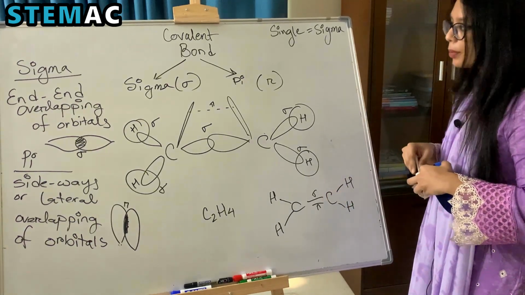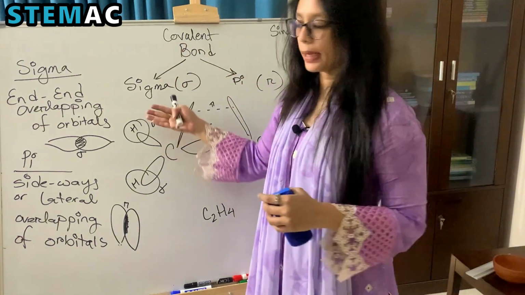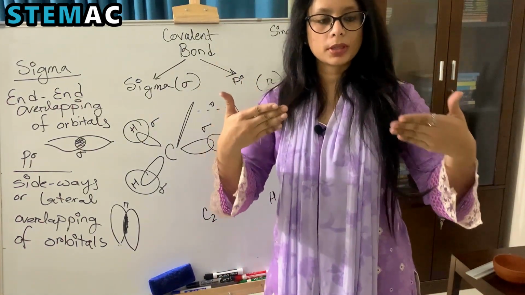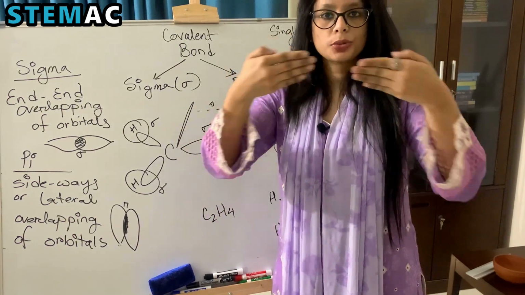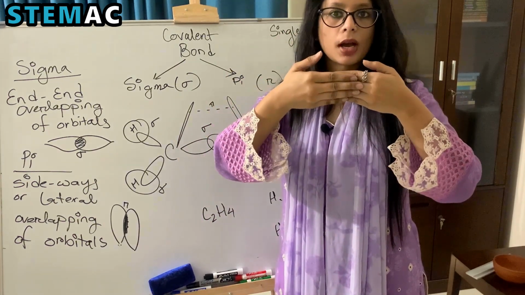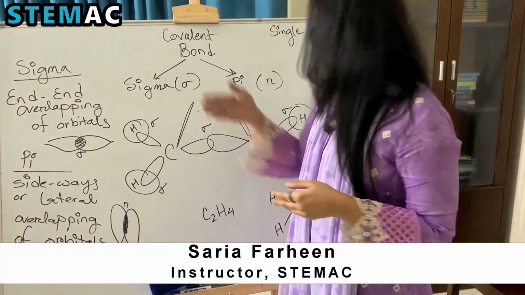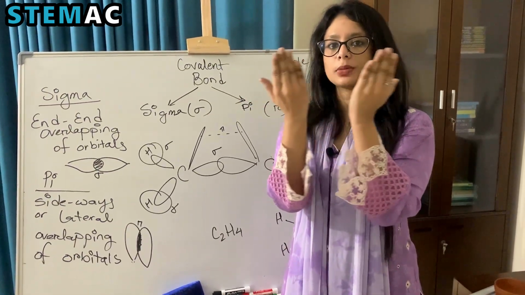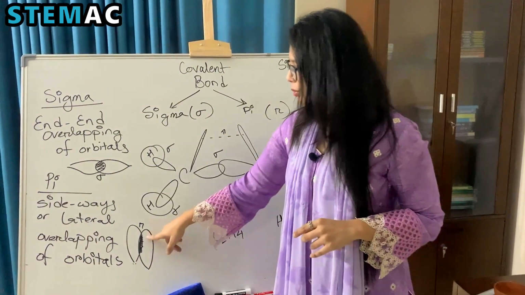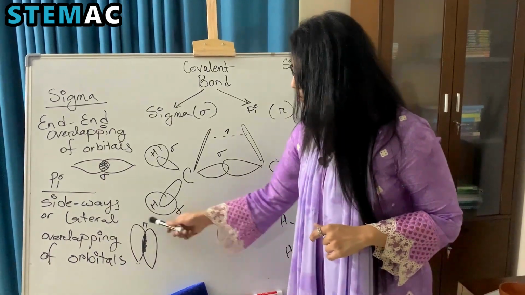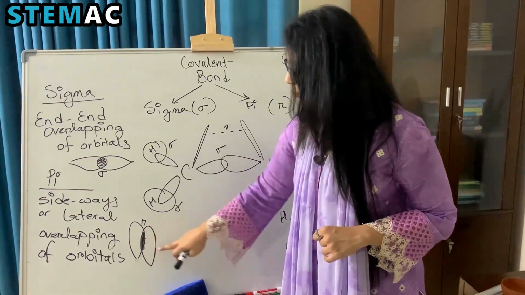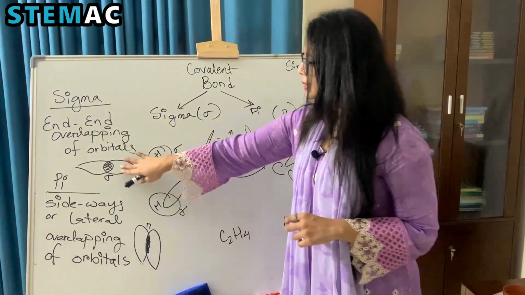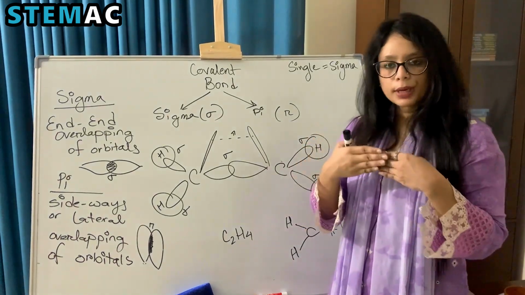So the sigma bond is actually end-to-end overlapping. If I were to use my hands, and these 2 hands are my p orbitals, then the sigma bond will be when they are doing end-to-end overlapping, one over the other on the ends. But the pi bonding is not end-to-end, rather it is lateral, that is sideways. I have shown here that pi bonds are formed through the sideway overlapping of the p orbitals, and in the sigma bond we see that there is always direct interaction or the end-to-end overlapping of the